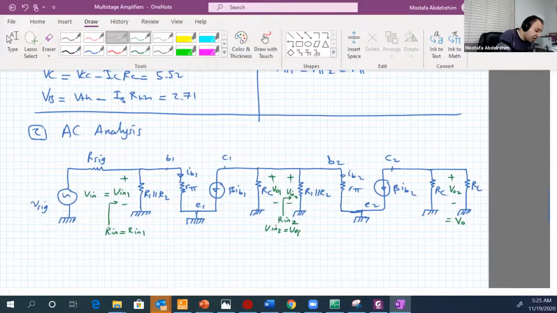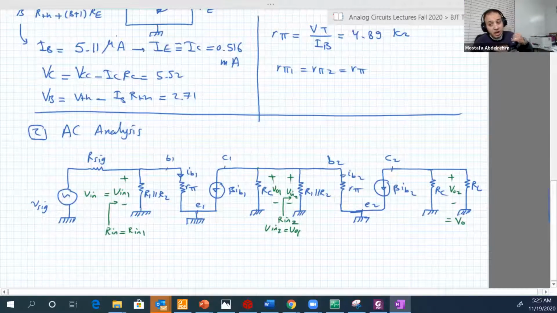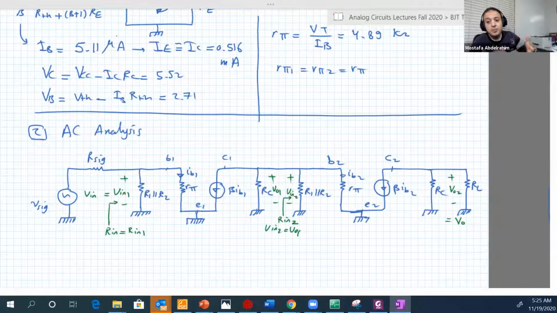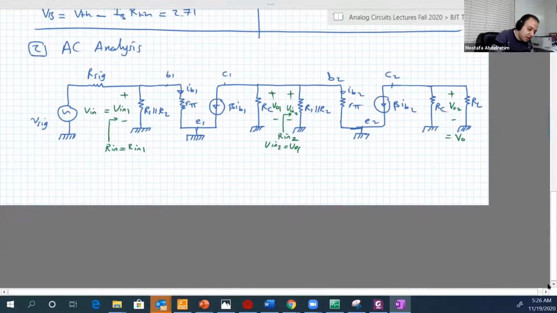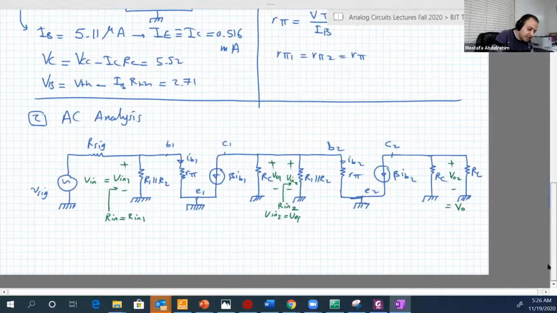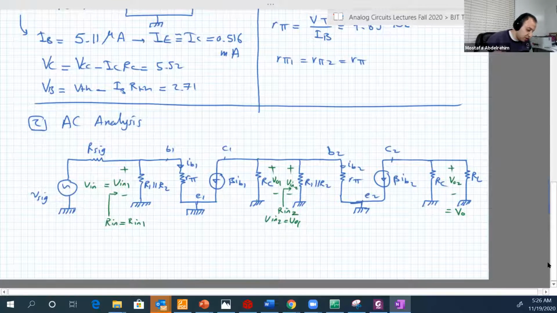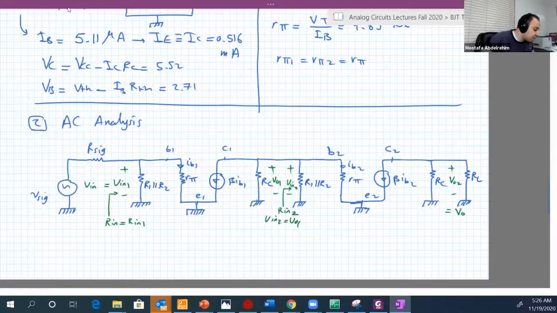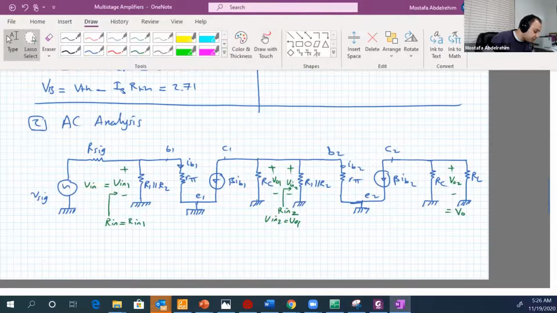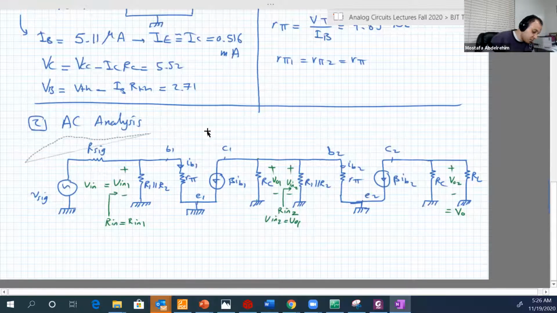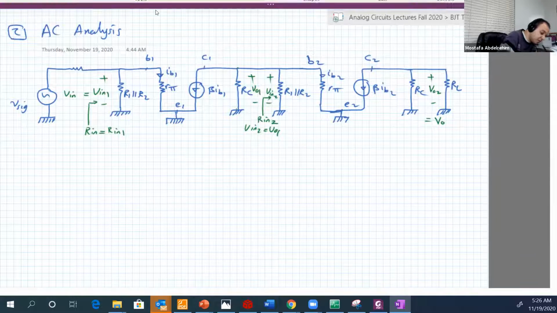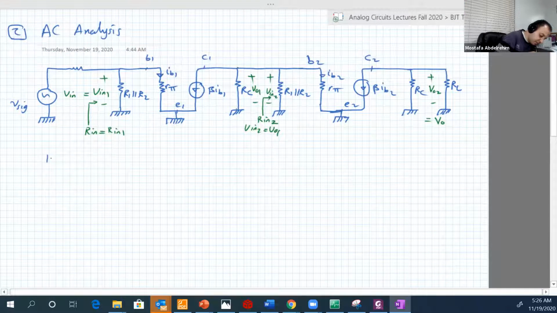So let's now analyze the AC. When we say analyze AC, I mean we found our input, we find our output, we find V naught, EV, and GV. Main stuff. So let's start by copying and pasting this to another place. So our input number 1, our input equal to,